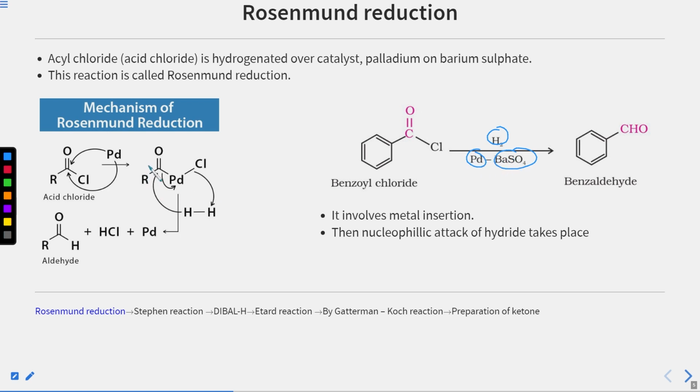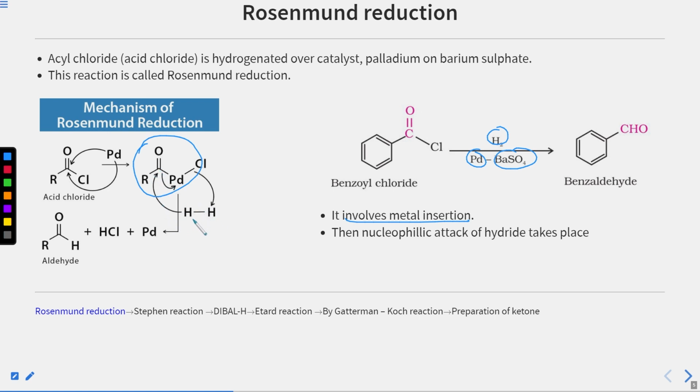Clear? So what was the mechanism? If you remember, first of all, the palladium metal gets inserted between the bond of carbon and chlorine. So in this step, we can see metal insertion is occurring. Metal is being inserted between the carbon and chlorine bond. Further, our reagent is hydrogen. Due to the high nucleophilicity of this carbon, because of the presence of a very electropositive metal, that is palladium, this hydrogen will be able to do a nucleophilic attack on this center. So it will donate one hydride on this center,